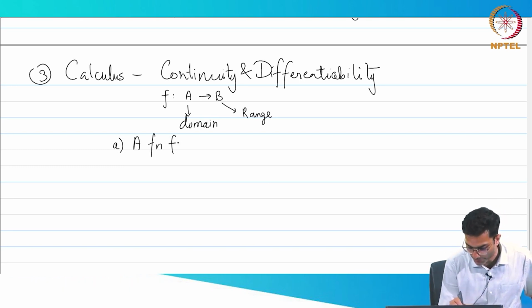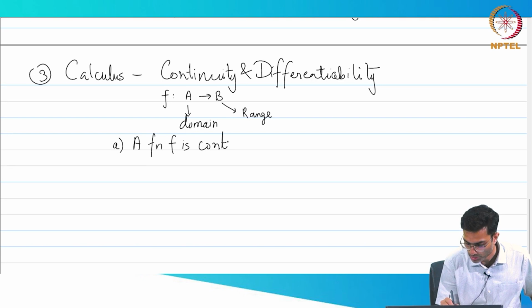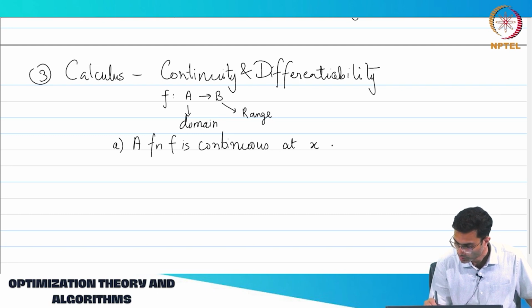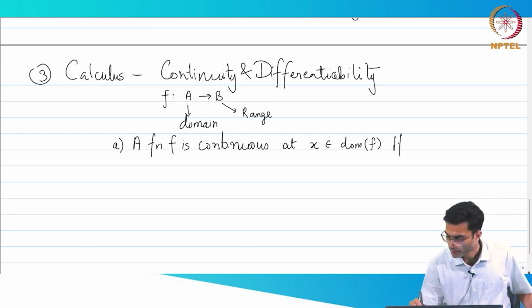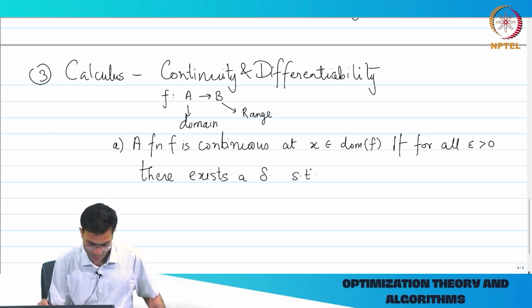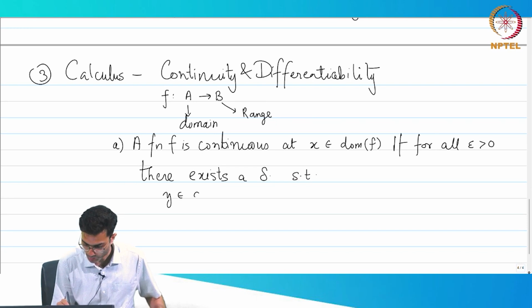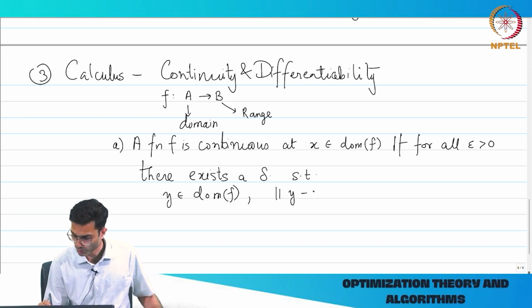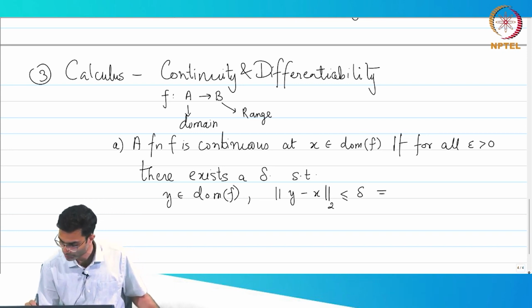A function f is continuous at x that belongs to the domain of f if for all epsilon greater than 0, there exists a delta such that y belonging to the domain of f, the distance ||y - x||, obviously the 2-norm, is less than delta, implies that